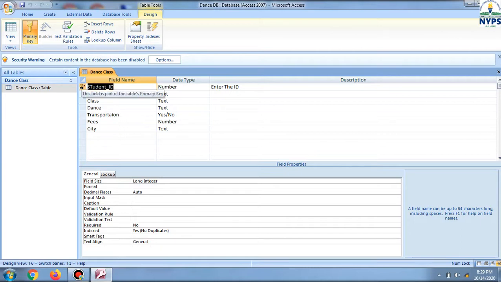Firstly, I will tell you what is primary key. See, in your class, roll numbers are allotted. Why are roll numbers allotted to the class? Because if two students have the same name, they can be identified by their roll number. In the same manner, a pin number is allotted to each and every student.